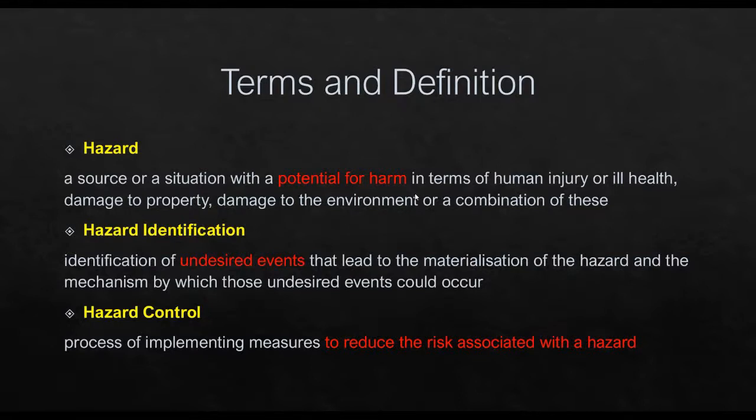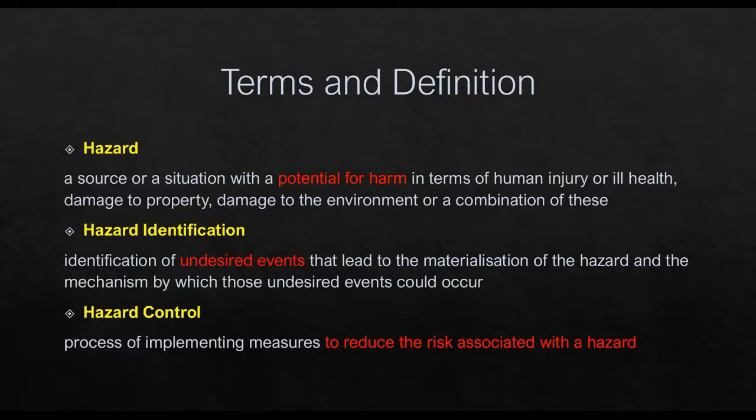The main keyword is potential for harm. Okay, and then hazard identification. The keyword is undesired events. It is to identify the undesired events, the events that lead to the materialization of the hazard and the mechanism by which those undesired events